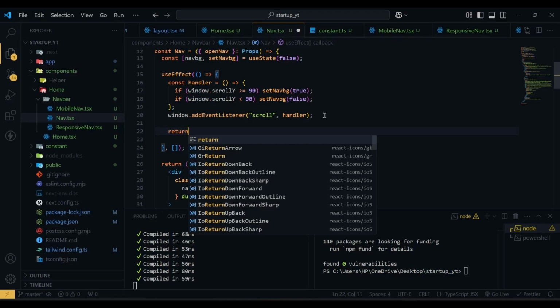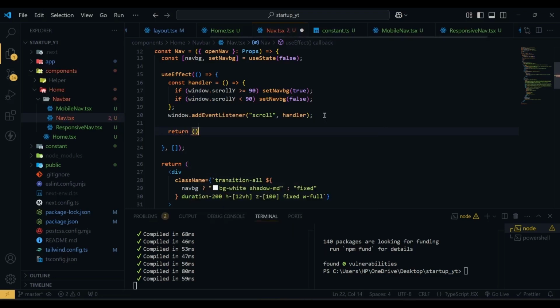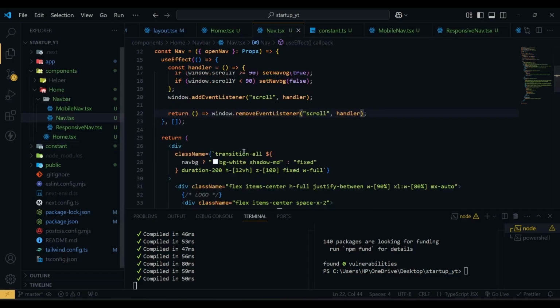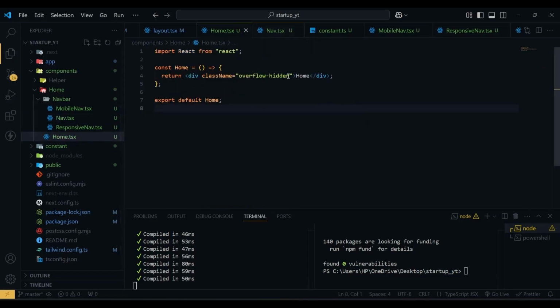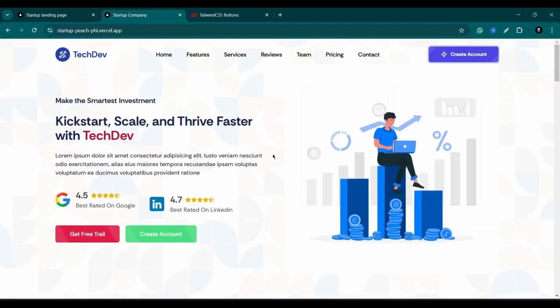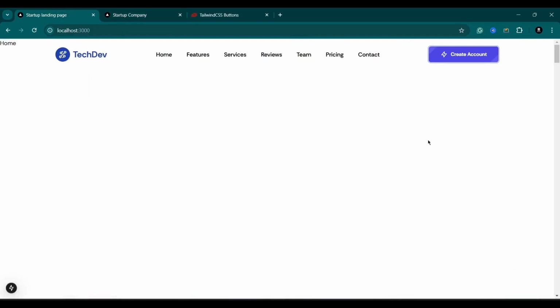So we are going to use return, and then I'm going to copy this, paste it here, and instead of addEventListener we are going to use removeEventListener. Now if I hit save, let's add some height so that we have the scroll effect. So in the home we are going to add a height of 10,000 pixels. Now if I hit save and go to our project, and start scrolling,